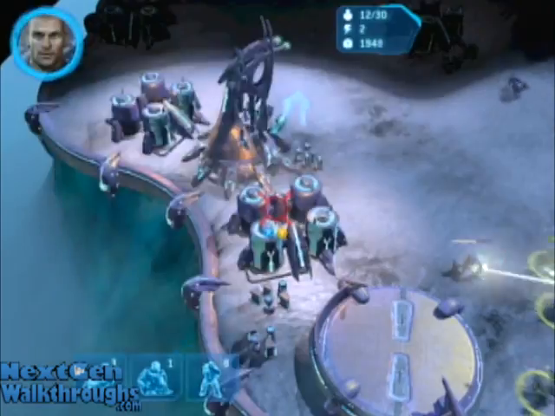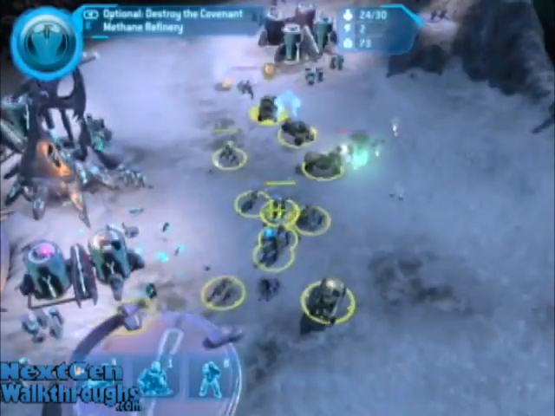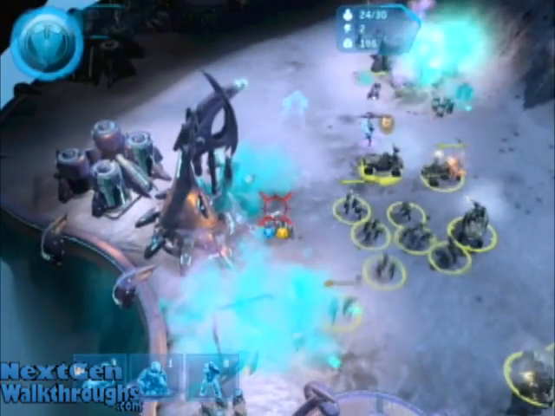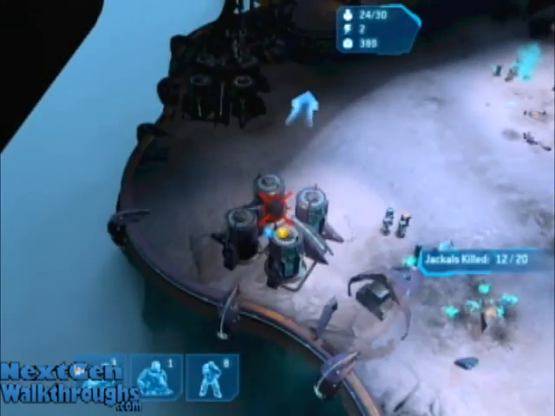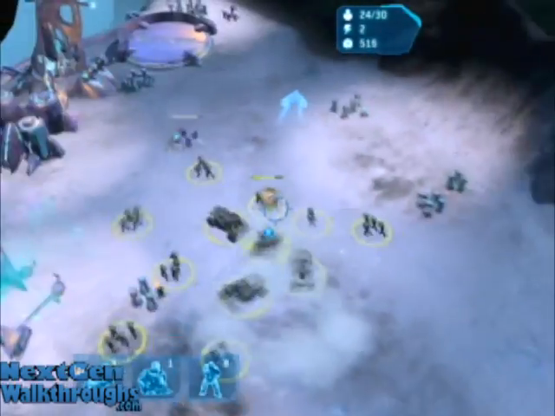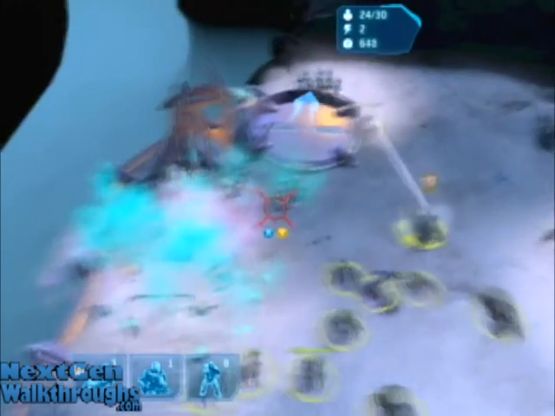And then here is some Covenant factory, and you just have to blow up all the buildings. And that's like a bonus objective. And also killing 20 of the Jackal snipers is a bonus objective. And then once you're done with this, go back